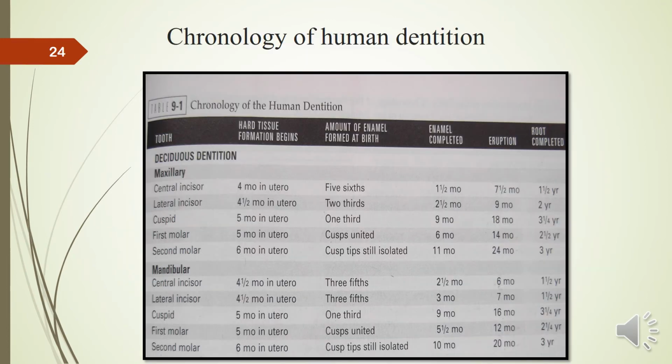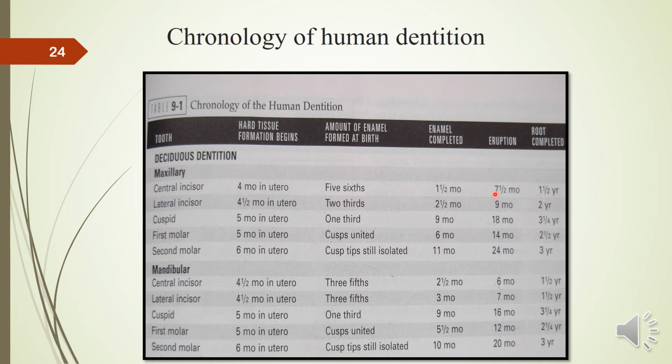With this, we come to the chronology of human dentition, and when we talk about the chronology of human dentition, we are looking at the chronology of hard tissue formation. We are looking at the amount of enamel formed at birth. We're looking at the chronology of enamel completed, eruption, and root completion. In your exams, it is quite frequent for us to ask you the chronology of tooth eruption, where we expect you to tell us the